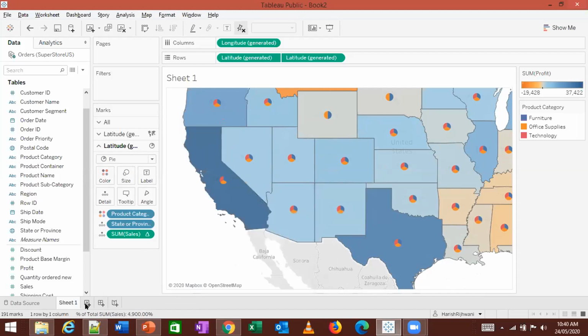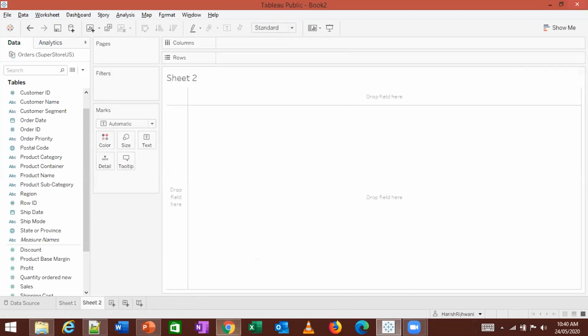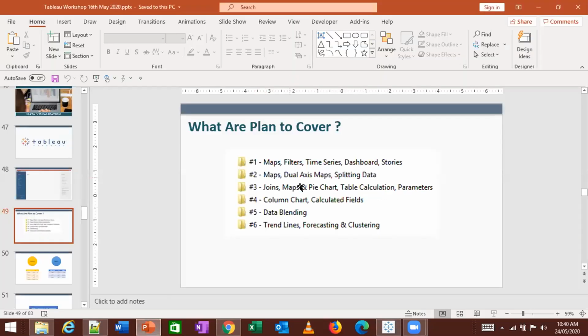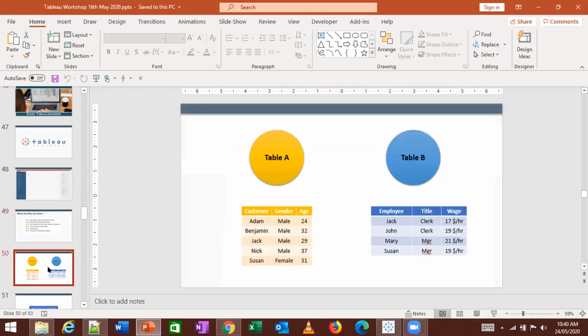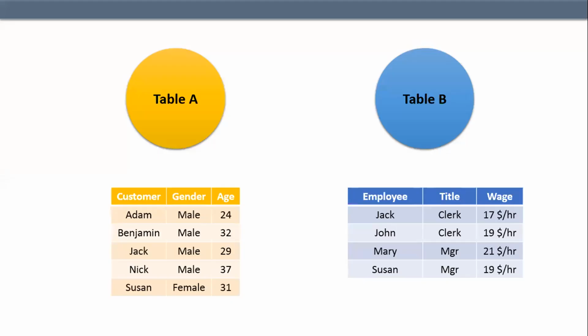Okay. So let's look at something else. Let's look at what we have done till now. We looked at this map and a pie chart. I think we had done this earlier. I think we had covered this in the lecture because we had done SQL a lot in detail. But let me just cover this aspect a little bit more again.